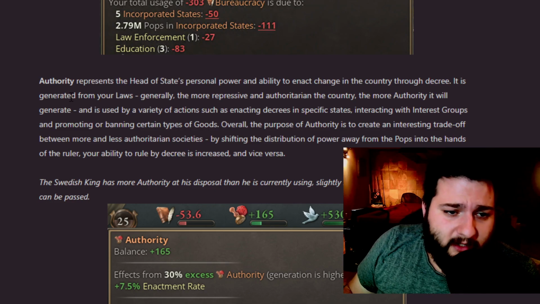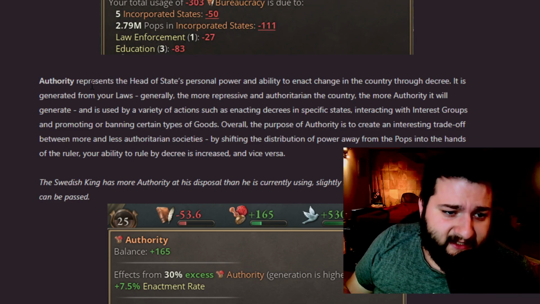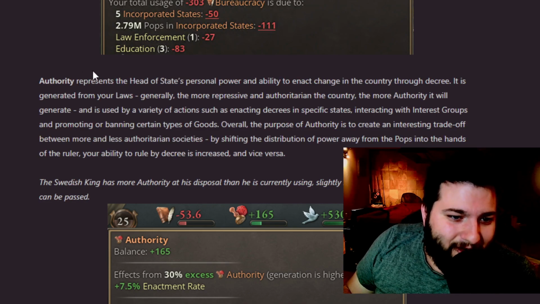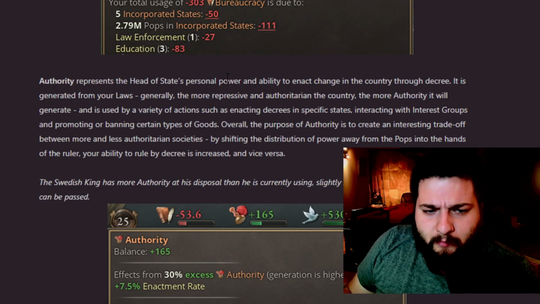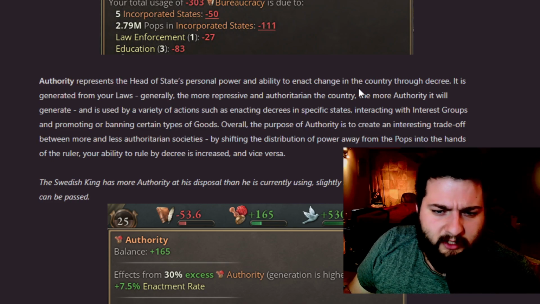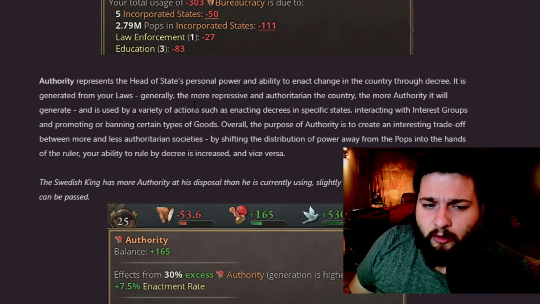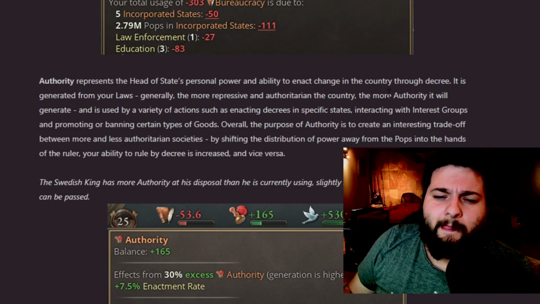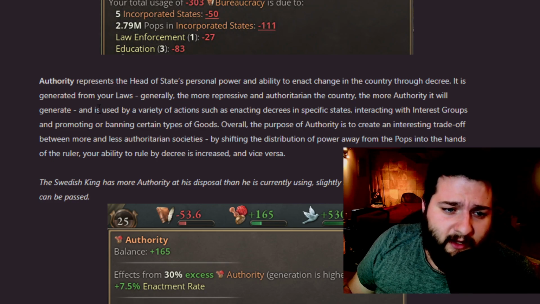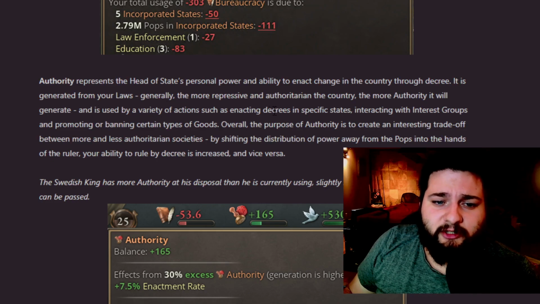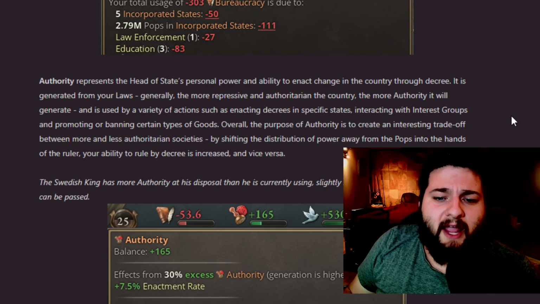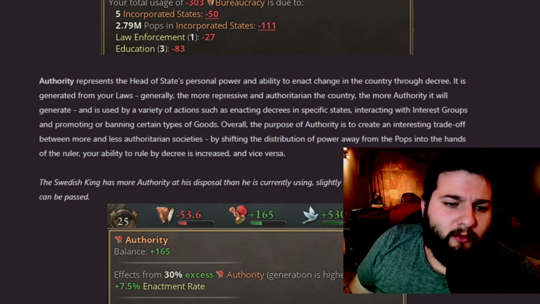When we talk about money, we'll understand more about those taxation. But there's one thing certain: tax and death. Authority represents the head of state's personal power and ability to enact changes in the country through decrees. It is generated from your laws. Generally, the more repressive an authority in the country, the more authority it will generate, and it is used by a variety of actions such as enacting decrees in specific states, interacting with interest groups, and promoting or banning certain